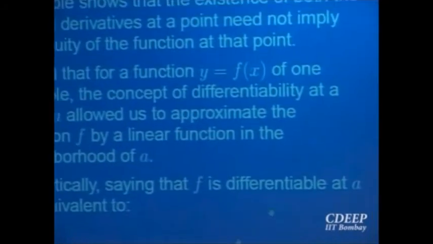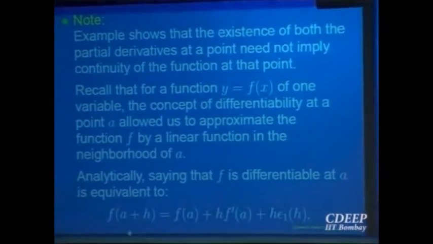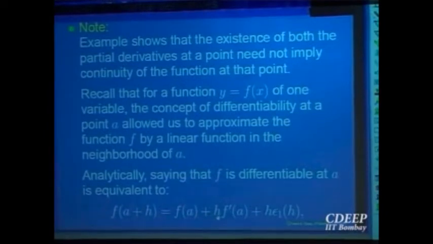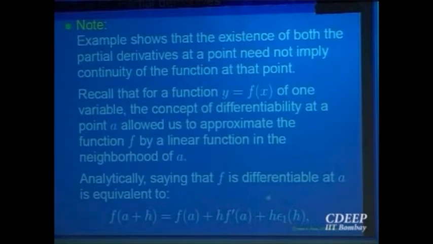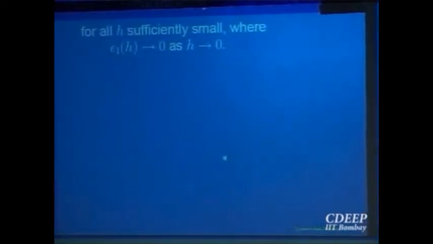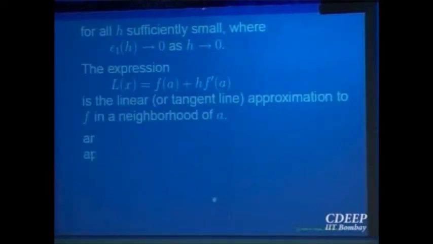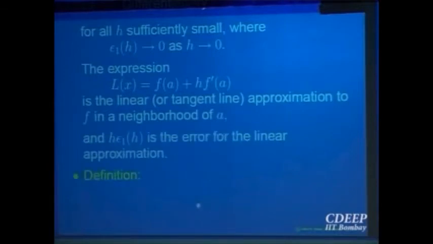How do we write it analytically? In one variable, the idea was that f of a plus h can be written as f of a plus h times f prime of a, plus some error which goes to 0, right? And that is the tangent line approximation, right? So you can approximate linearly. That is the basic idea for functions of two variables. Now for functions of two variables, there are two directions, x-axis and y-axis, right? So we will try to say that you can approximate in each one of the variables linearly, plus some error comes. We'll put that as the definition.